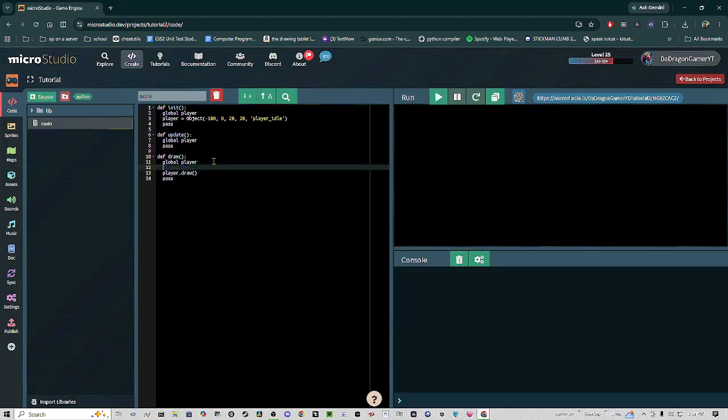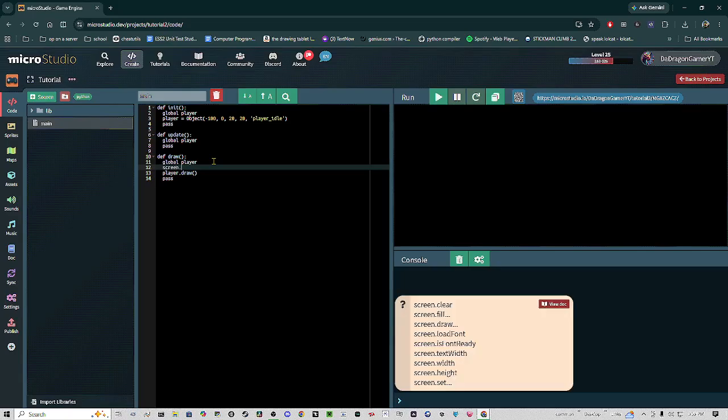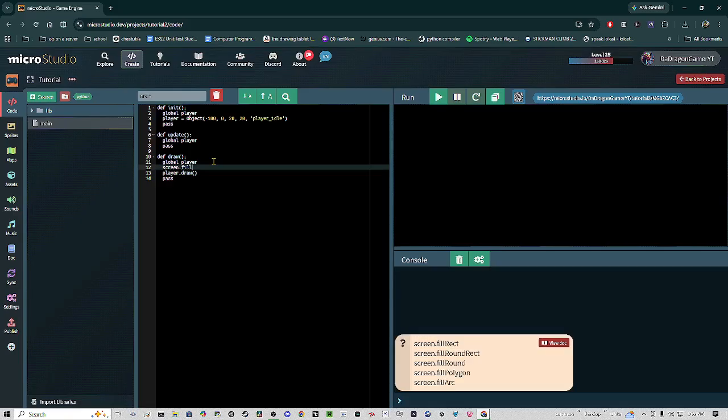And while we're at it, let's also do the screen dot fill. We'll do round